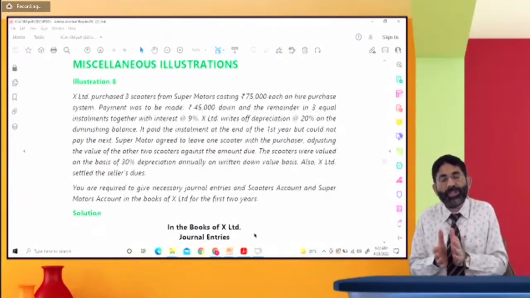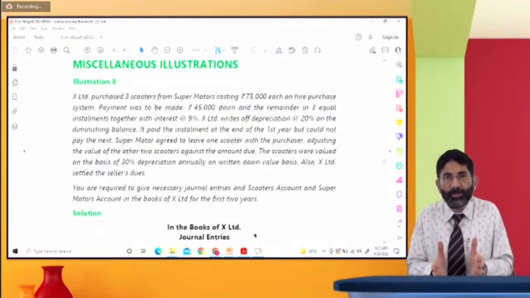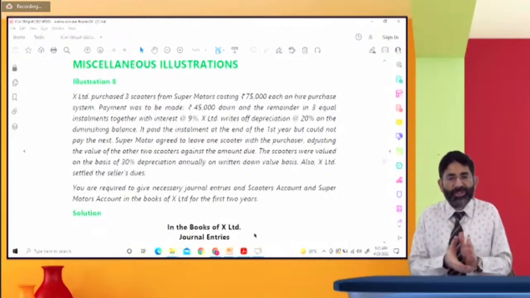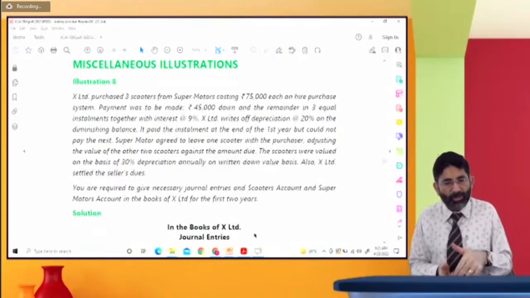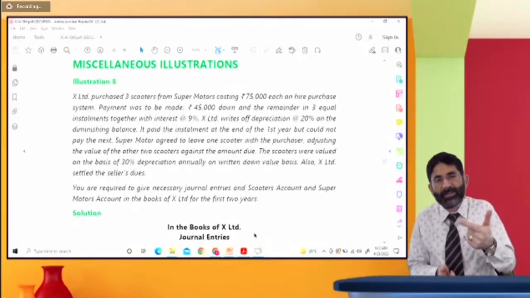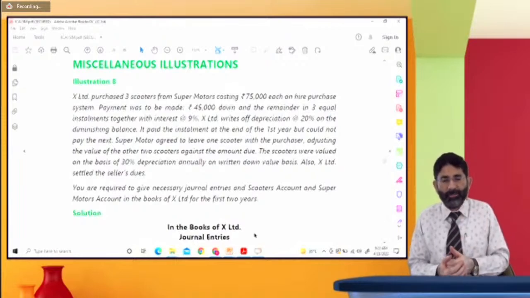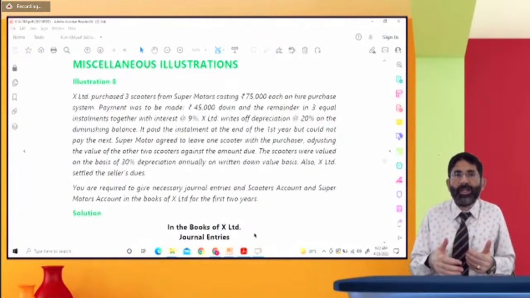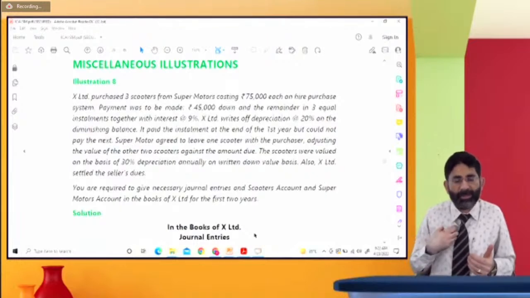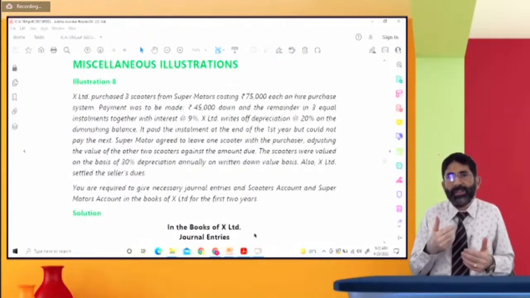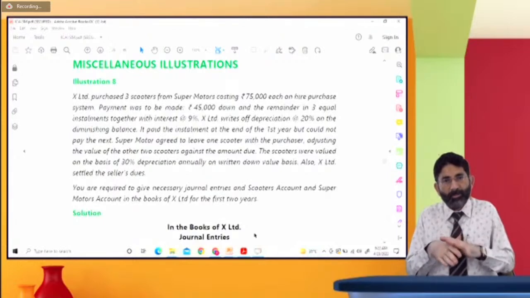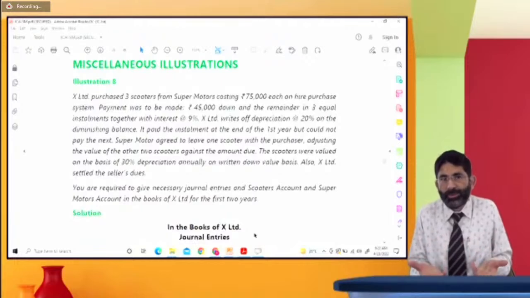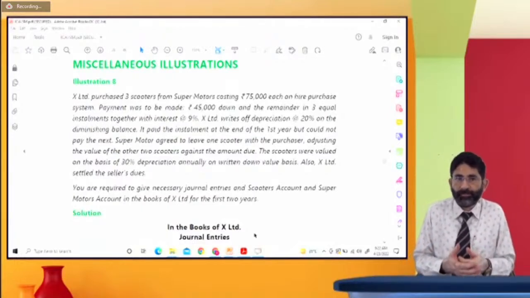So whatever amount is not paid by me, he has assumed that amount is adjusted against that. Scooters were valued on the basis of 30% depreciation annually on written down value basis. This is from the point of view of the seller. Why? Because the seller will not assume the same rate of depreciation that I am assuming. The seller is taking back the goods. He may assume that the complete goods are to be repossessed. He may acquire all the goods, but if he is leaving some goods with me, then it is all up